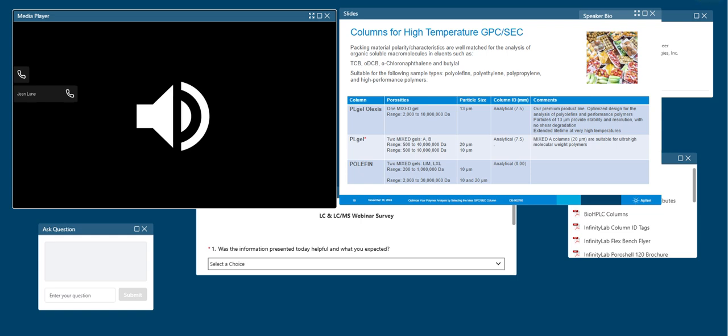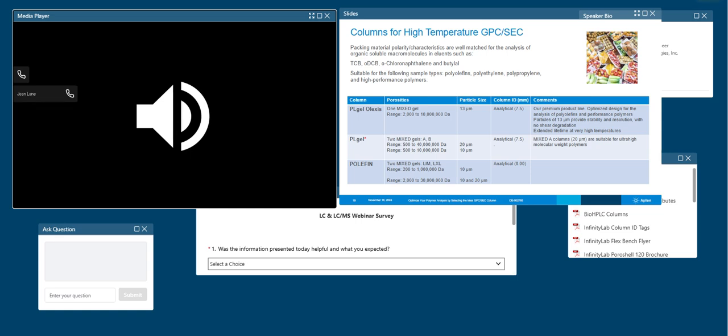And these columns provide for extended lifetime at these very high temperatures. The PL Gel family offers a couple of specific mixed bed columns for these analyses. The mixed A 20 micron and mixed B 10 micron packing respectively. The mixed A is well suited for ultra high molecular weight polymers, with the mixed B ranging up to about